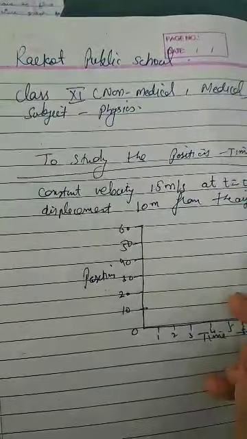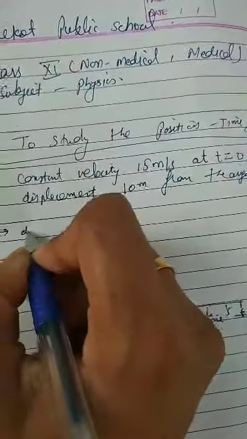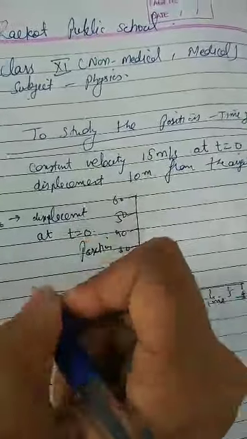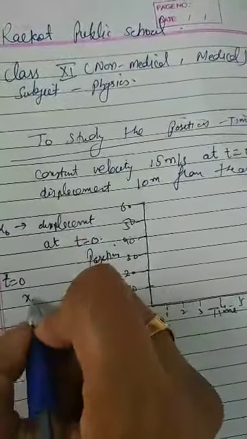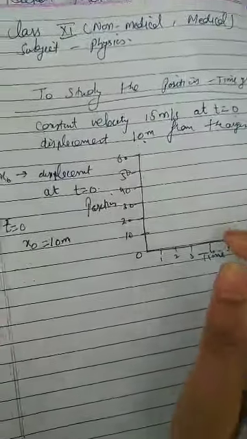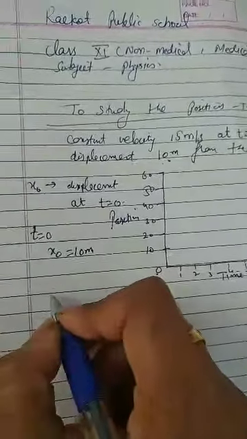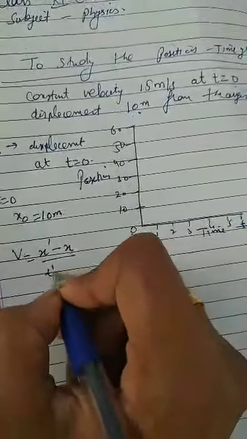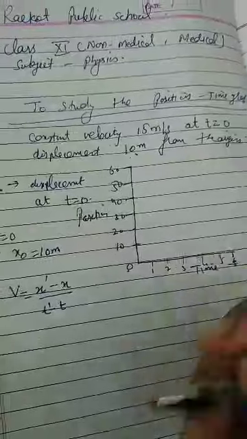Now from the origin we have taken that the object displacement is 10 meter. And if x naught represents the displacement at t is equal to 0, we know that at t is equal to 0 this x naught is equal to 10 meter. Already we have taken that the object is placed at 10 meter from the origin position O. Clear? Now we know from the definition of velocity, final position minus initial position divided by final time minus initial time. If the object is moving, it will reach somewhere, at another point.